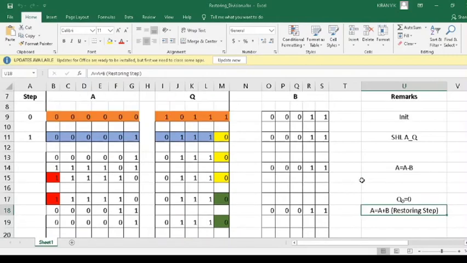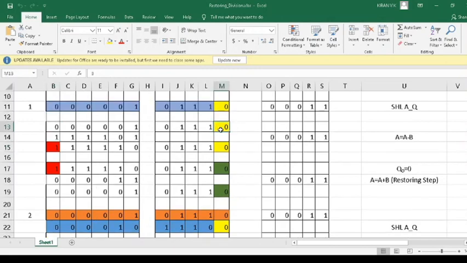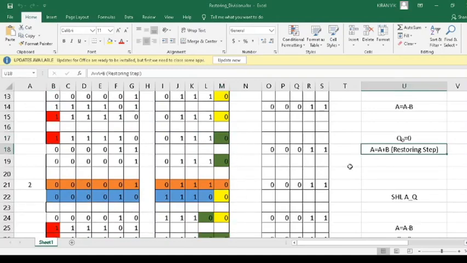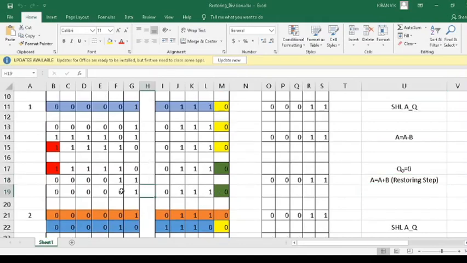So in the iteration, what all things happened? A normal sequence happened: we are shifting the AQ field left one place, we are doing subtraction of B from A, and then we are seeing the result of subtraction. The result of subtraction is negative. It will give rise to two things. One is fixing of the tentative quotient bit as 0 itself, this green part, and the other is that it will lead to a restoring step. That is the end of the first iteration. What was the result that we got in the first iteration? This one, the highlighted portion.